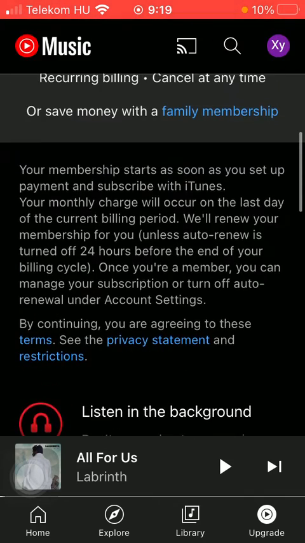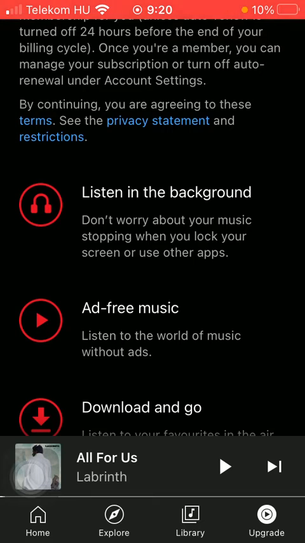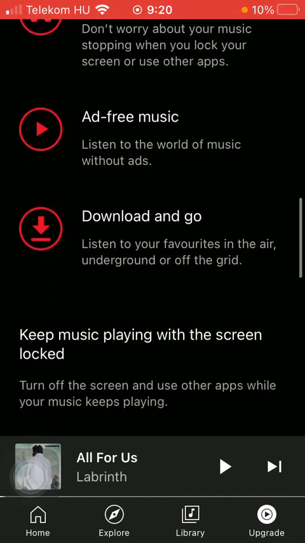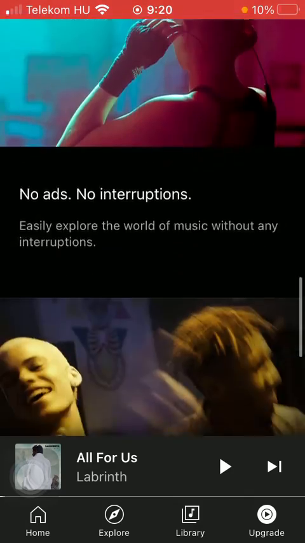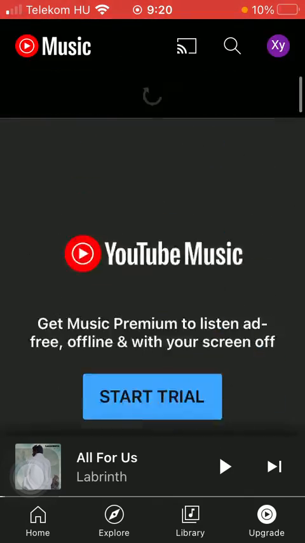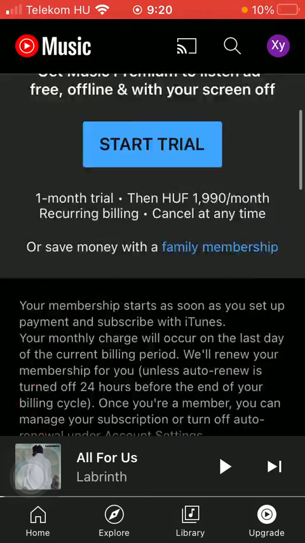And if you have a family membership, you will be able to save your money, since more people can use the same premium pack at first. Here you can see the advantages, like listen in the background, ad-free music, download and go. And you can get to know this pack more if you scroll down and read the